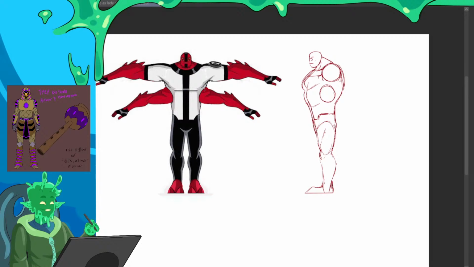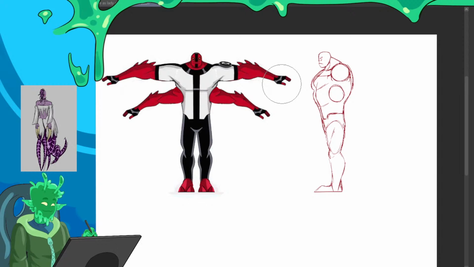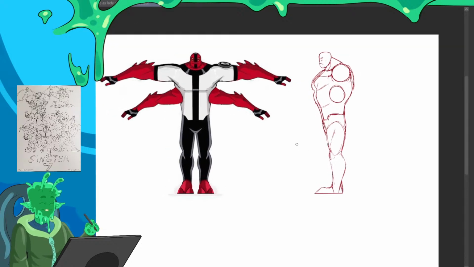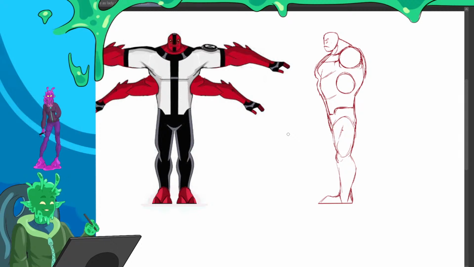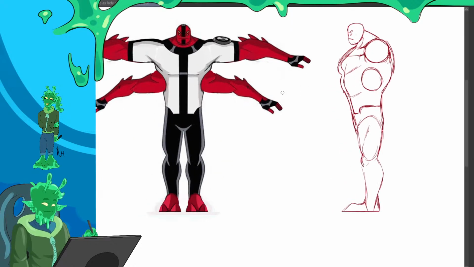Because we don't really need a back view, mostly just because, again, it's exactly like the front view, only without the little dip right here. Without the little dip right there. But otherwise, you know, he's on model. So yeah, that's that. Weird. I really like where these are going, though. And I'm very happy with what we have.